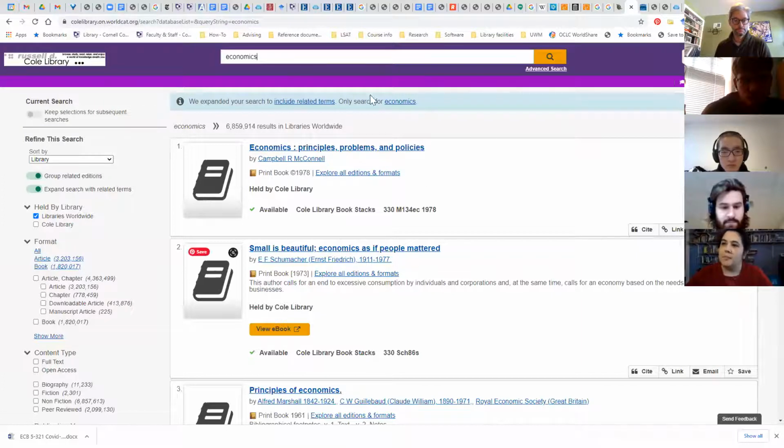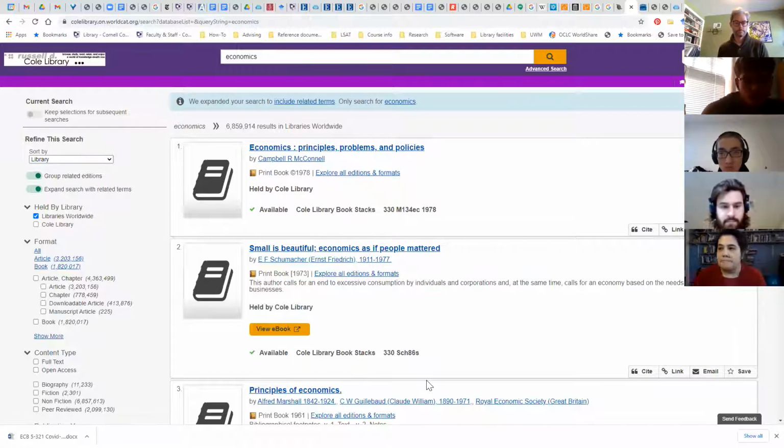Our catalog is part of WorldCat, which is short for World Catalog, which means that it's searching our stuff, and if it knows that you are a Cornell student, so if you sign in through Cornell's website, our stuff floats to the top of the search results, but it's also searching libraries all around the world.